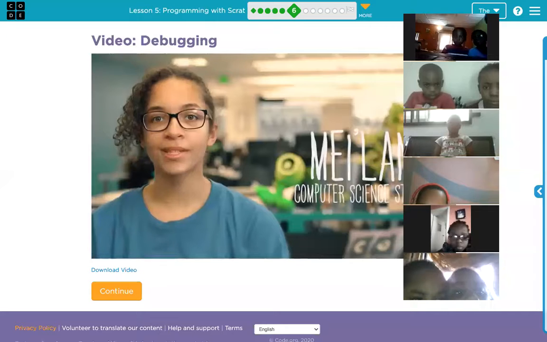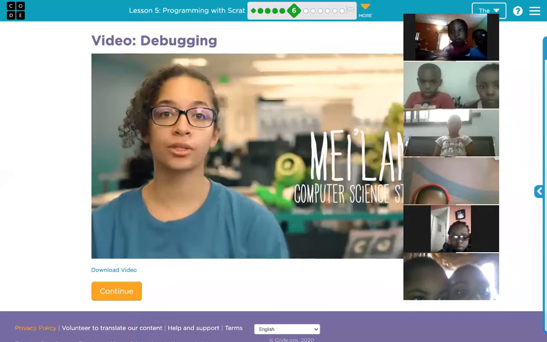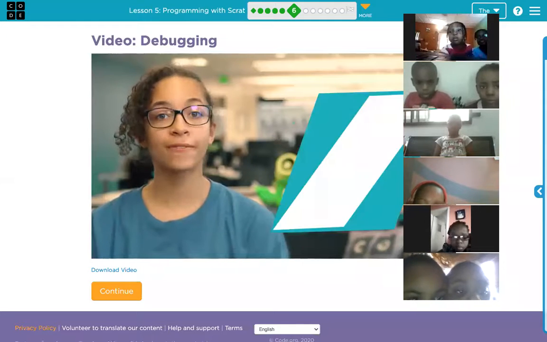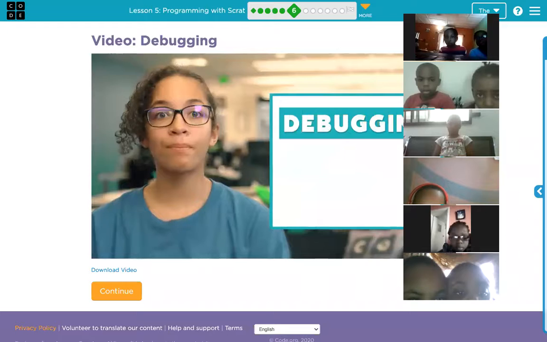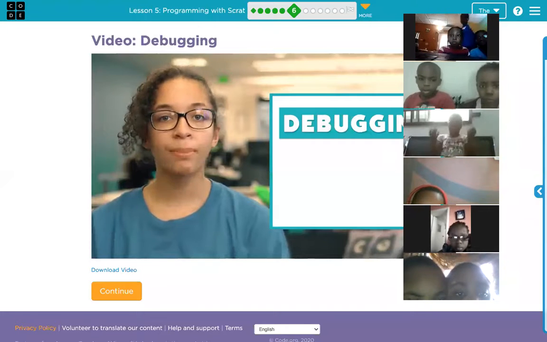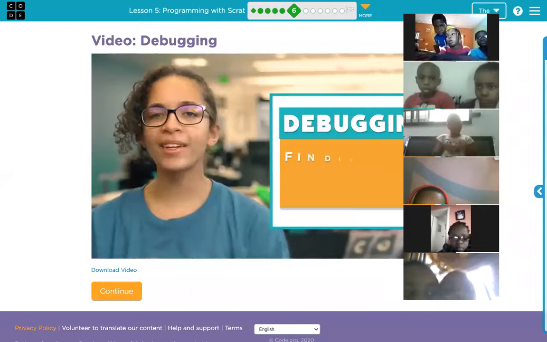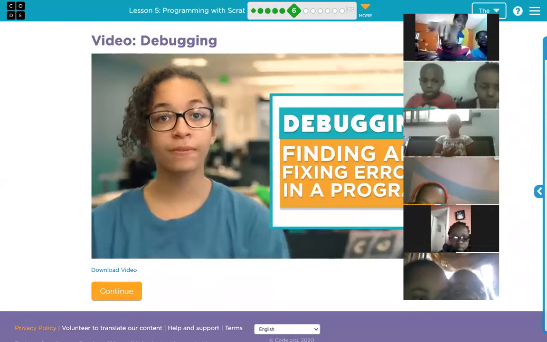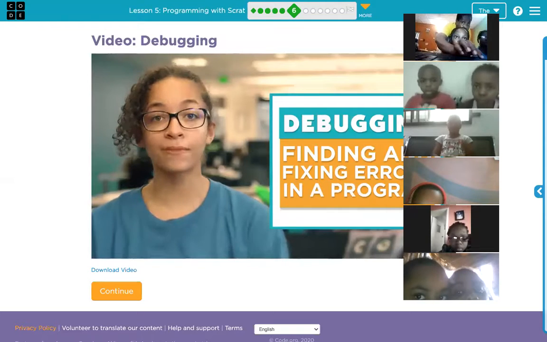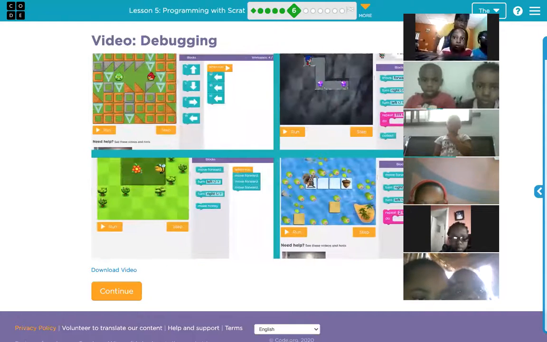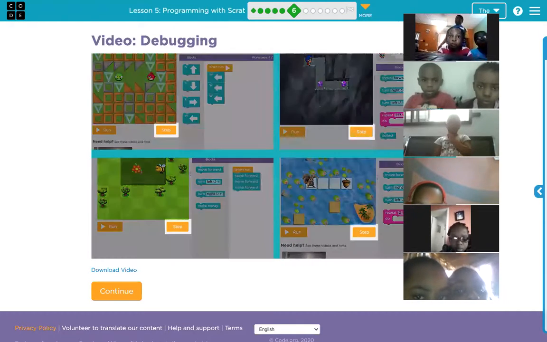All computer scientists, no matter how experienced they are, run into errors that they need to fix. This is where debugging comes in. Debugging is just finding and fixing errors in a program. And the first step towards fixing errors is to find them. Most puzzles have a step button